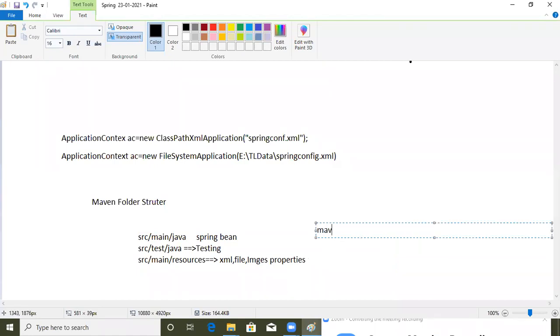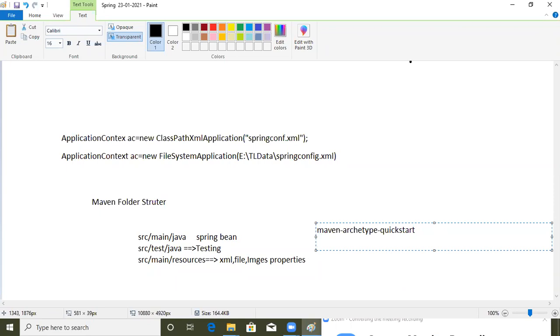If we develop a Maven standalone application, for that we use the maven-archetype-quickstart repository.